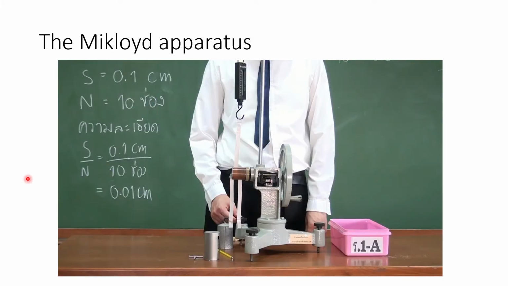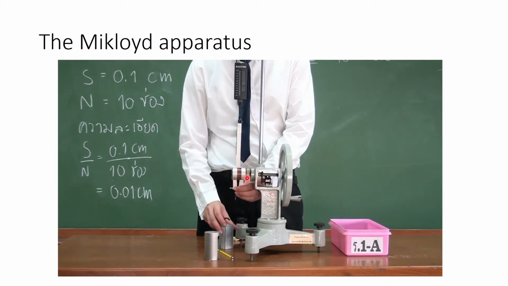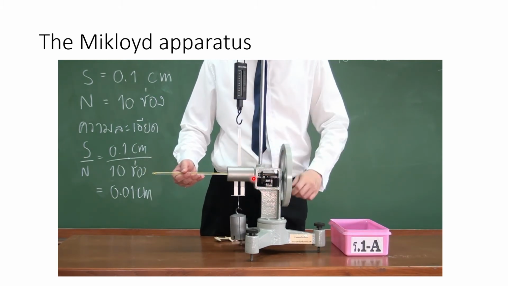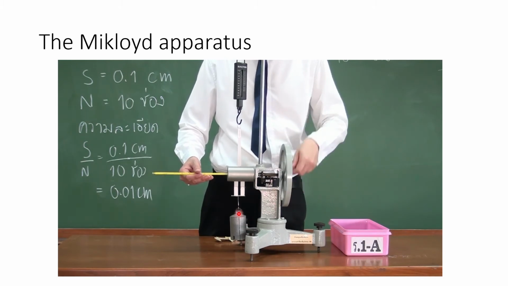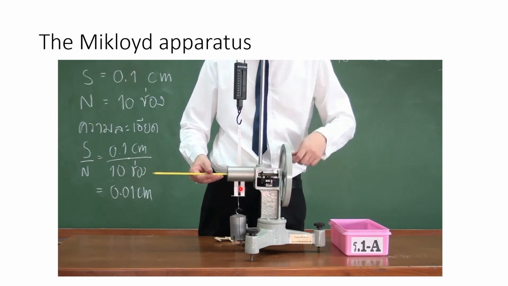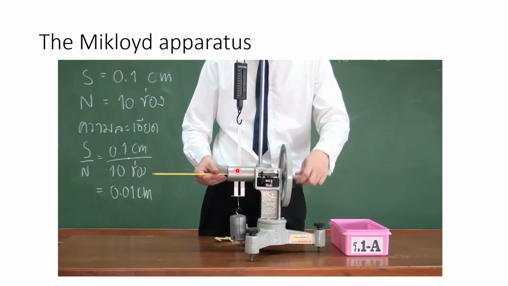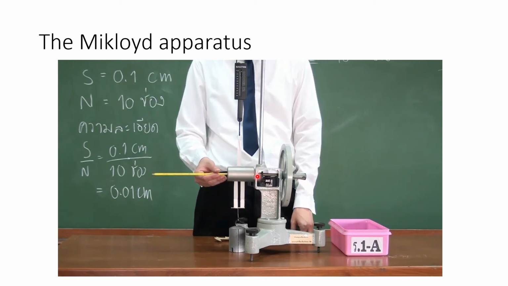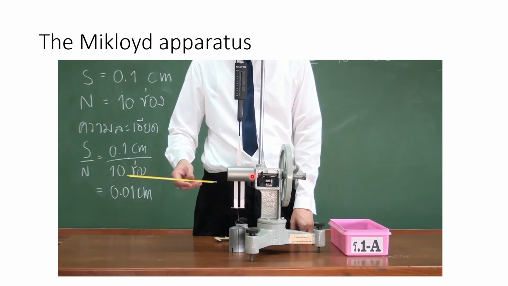So the apparatus that we're going to have is called the Microwave apparatus. The way it works is you're going to have a ribbon hanging onto the thing, and you're going to be measuring the force that's acting on here. As you spin, you can see that the bob here lifts up a little bit. So the force difference between the weight of the bob alone and the bob after being lifted is the friction. And this friction is going to cause heat in this copper piece that's sitting in the center. So in this lab, you'll be spinning this in order to create the heat, and that heat being generated here is going to be measured through the thermometer that's attached there.